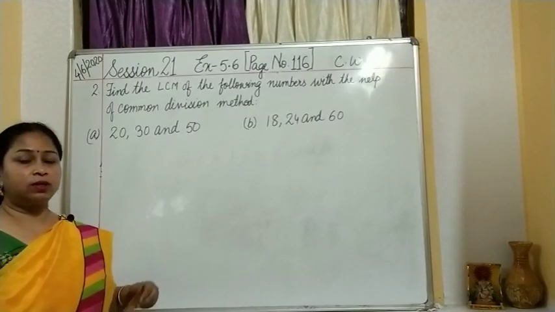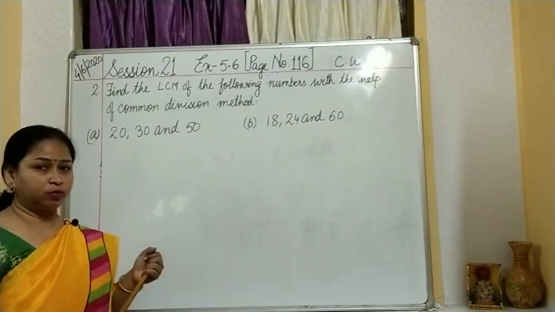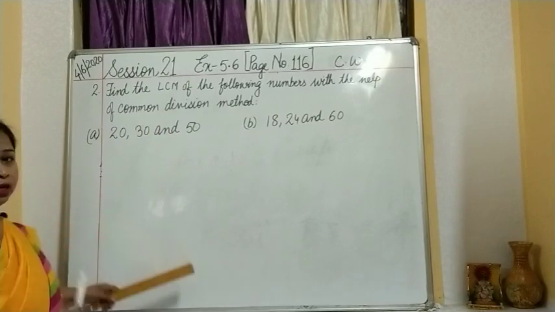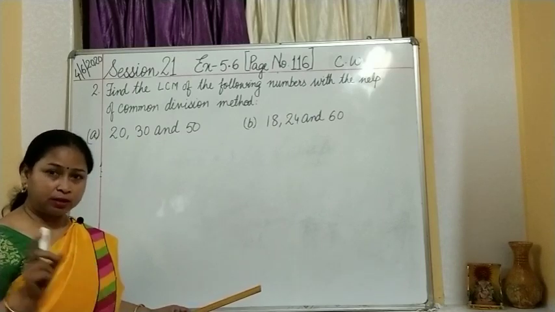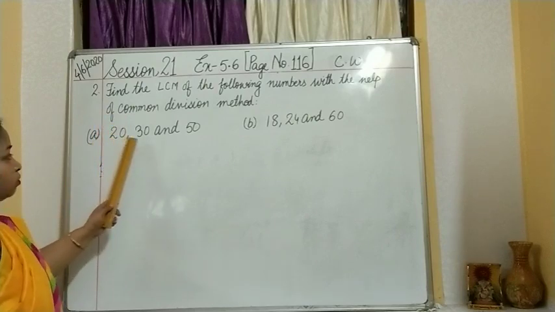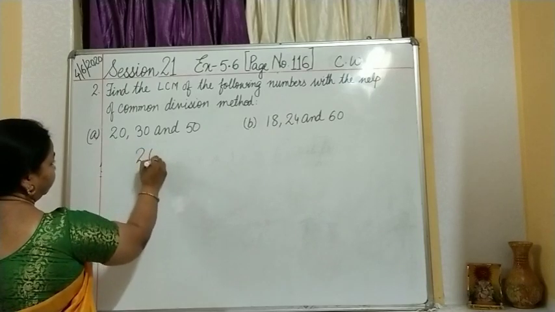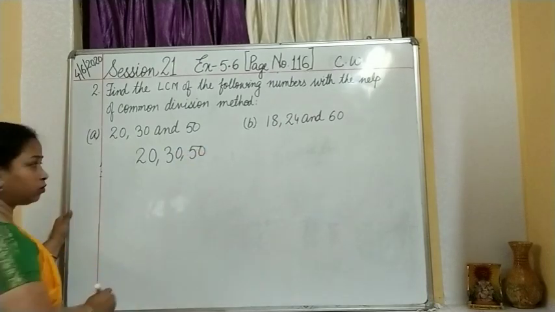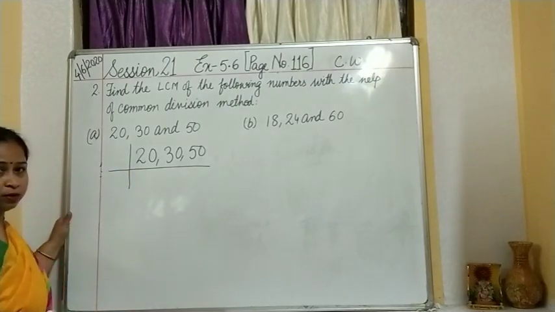Children, just now we have learned the prime factorization and then we have found the LCM. Again we are going to find out the LCM, but the method is changed over here. You were having 2 numbers, then you were finding out the prime factors separately, then we were doing the leftover process. And here, the 3 numbers are given to you and all the 3 numbers you have to take together, 20, 30 and 50. Then commonly you have to divide it, right?